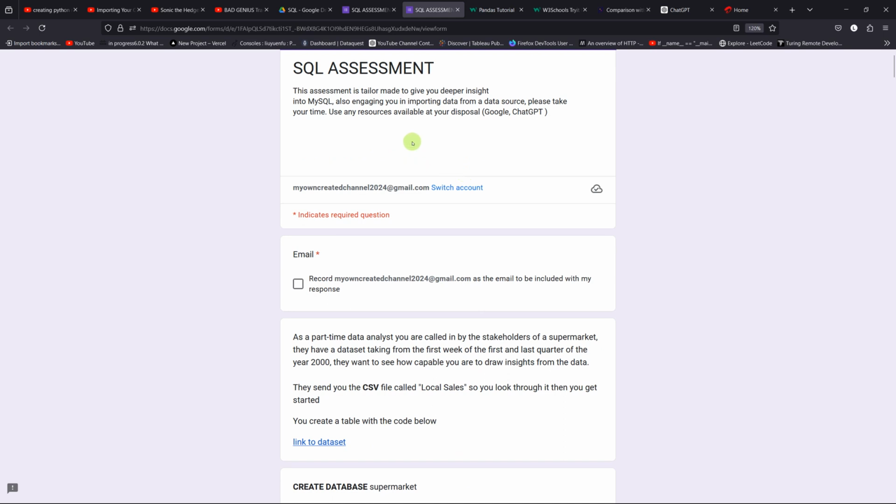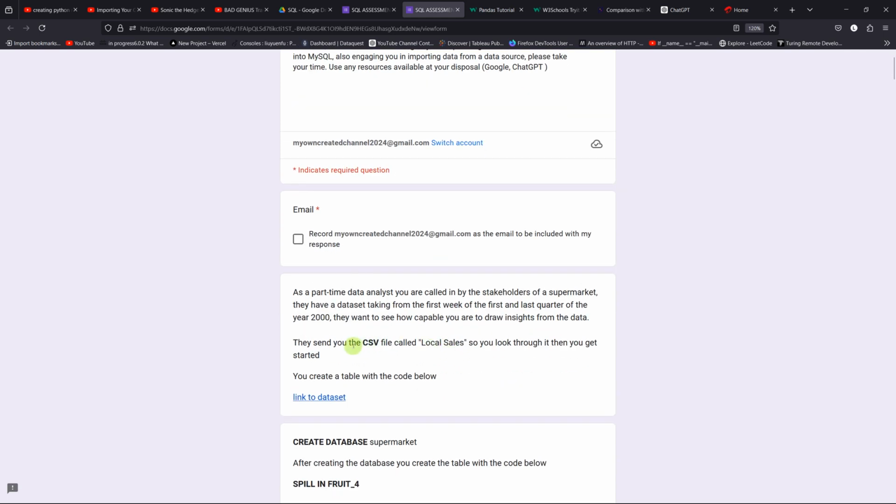they've given some of the conditions, so you can use available resources at your disposal: Google, ChatGPT, Gemini AI. They're asking you to solve this problem using SQL, but you are allowed to do research. And so they've given certain instructions. They said